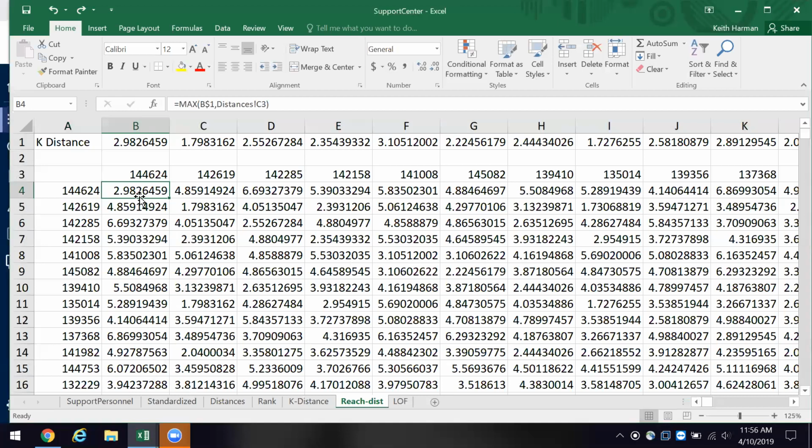As we move on here, we're going to start comparing, for example, employee 144624, using the distances tab, not the K distance. And we're going to do this in all of these so we can see the overlaps, and when we look, we see that there's no overlap in neighborhoods.